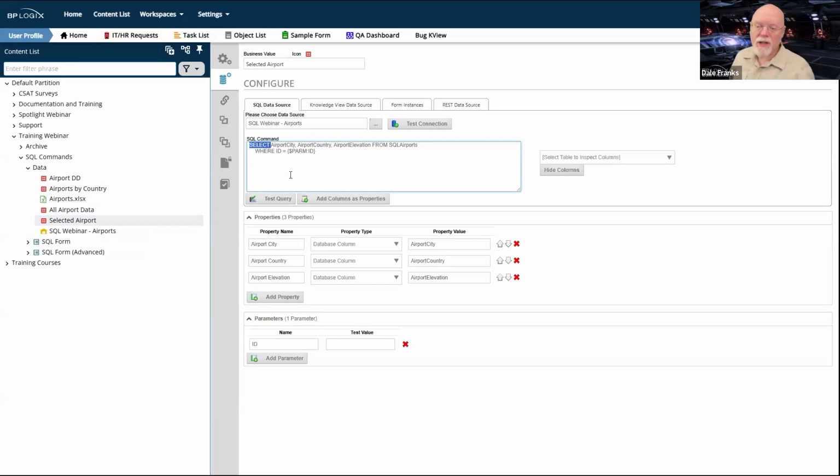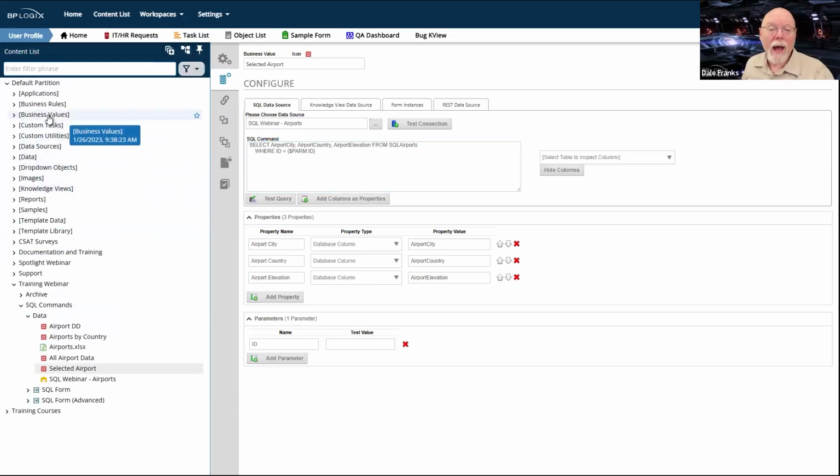The reason for this is because I only have to make it once. Once I make a business value and it exists in my system, it's really a global object. I can access that business value from any application, any form, anywhere in the partition, which is one of the reasons why, for a training application where you need to have all of the data in one exportable package, I've got to have all of my business values as part of the sample application that I build during the webinar. But in the real world,